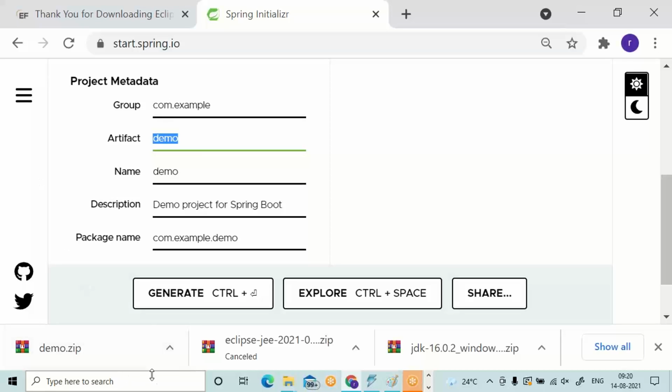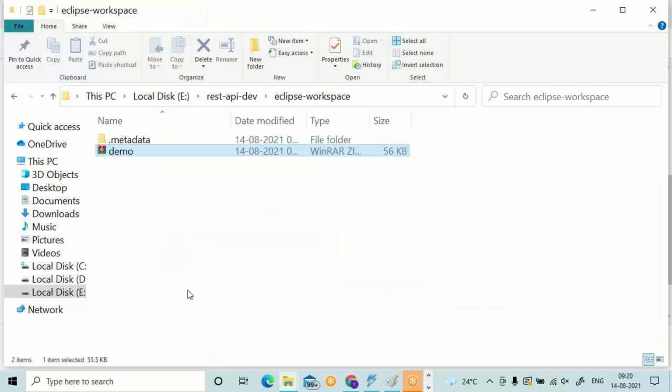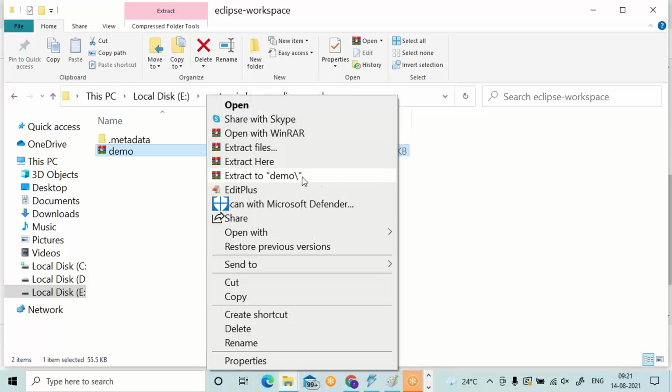Now, you can go to demo.zip, show in folder. You can see Eclipse Workspace, demo. Right click on demo, click on extract to.